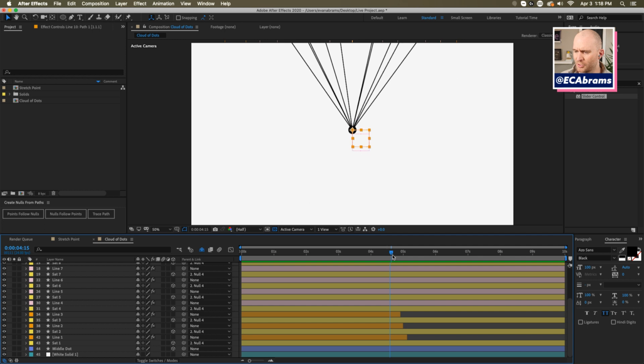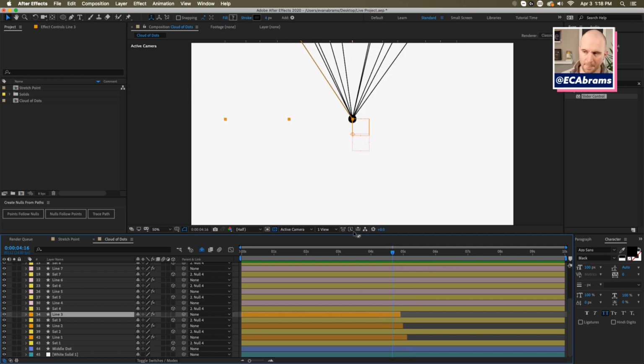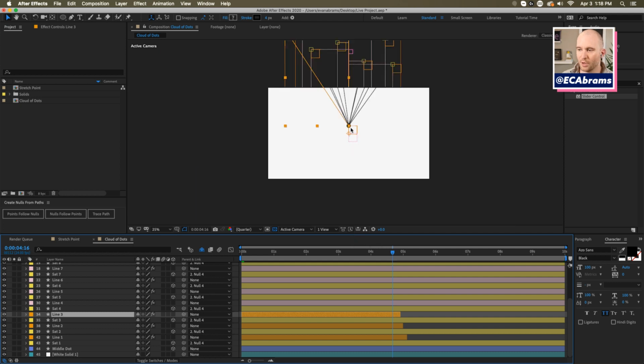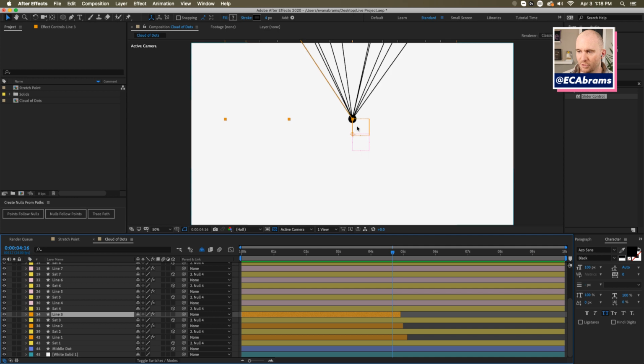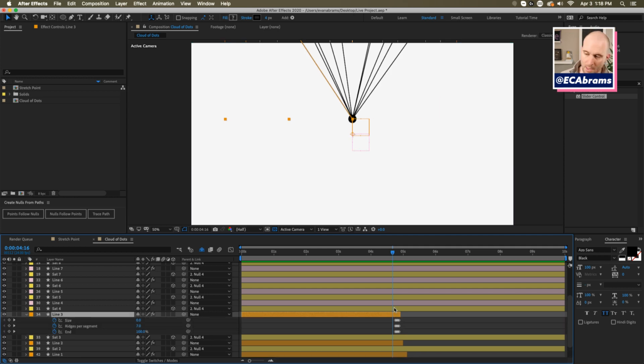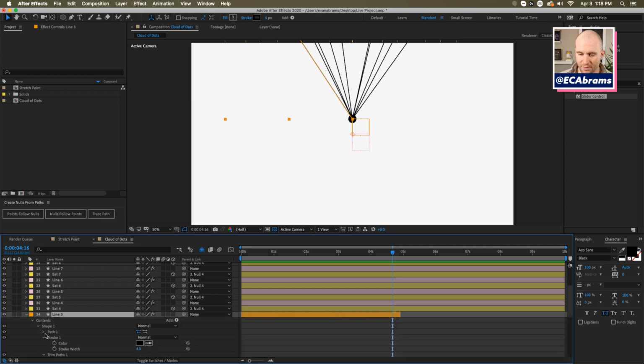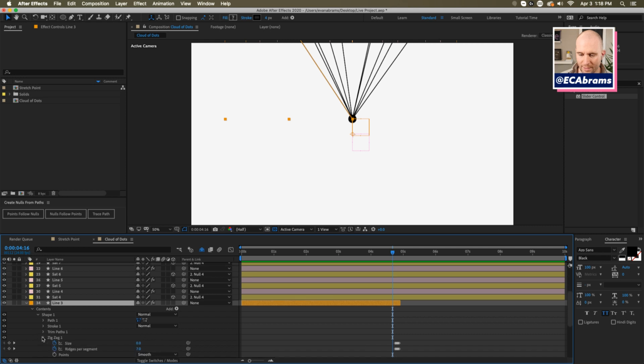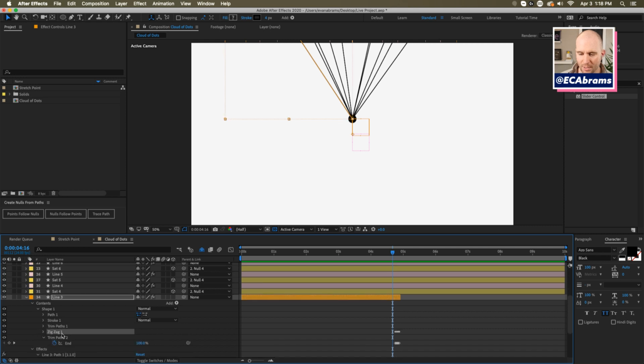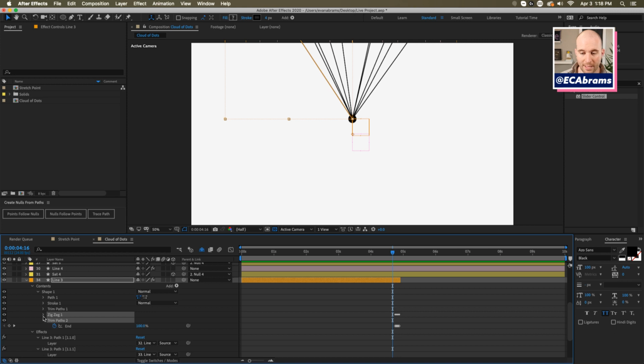So I ended up just doing 3 because I was kind of lazy today. But all these are doing, the lines are connected to here and to their home, right? So that line is not changing in any meaningful way. However, I did a very similar thing to what you did. I dropped on a zigzag and a trim paths.